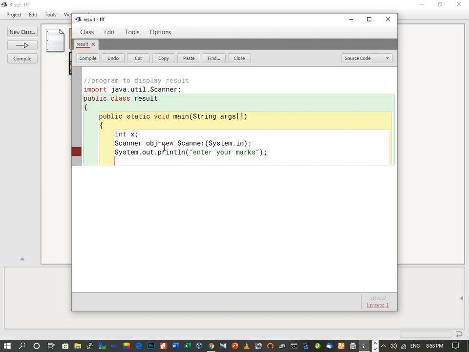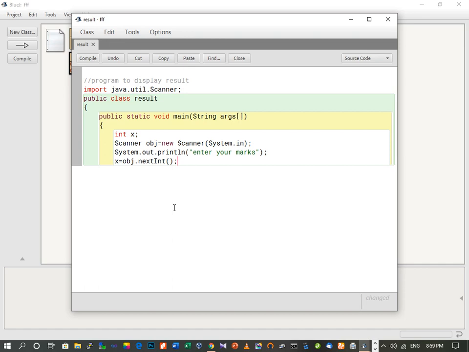Now whatever user will enter, that we will accept in the variable x. So x equal to obj dot, here this obj is the object of the scanner class, obj.nextInt. So this statement is going to accept the value of x.